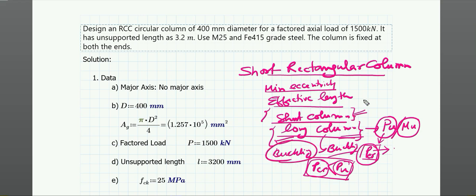But in case of short column, the buckling effect is not predominant. So in case of short column, though we will take care of axial load and moment as well, the buckling effect is not there. So no need to consider the buckling load, that is PCR, whatever axial load carrying capacity the concrete has, after calculating it out, we can directly put it there. So that is why short column design is basically slightly easier than that of a long column.